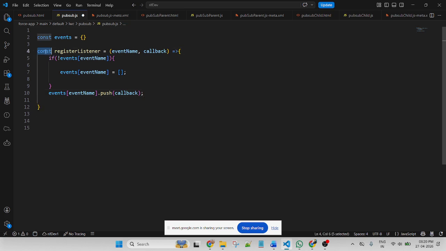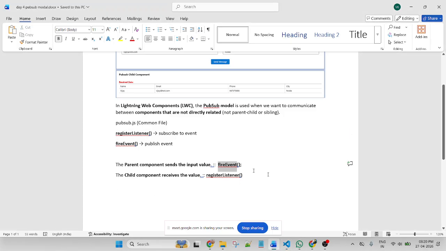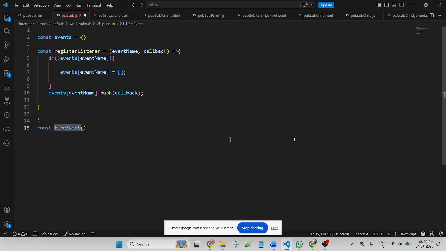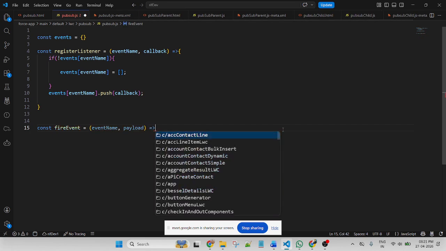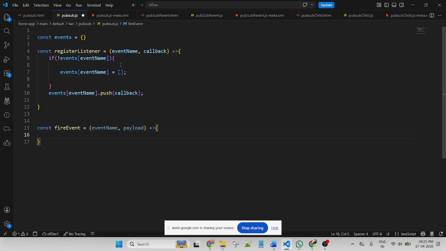Now a constant variable fire event. Here use the same event name and then payload, which means I will send the data. Register means it will receive the data, and fire event means I will send the data.